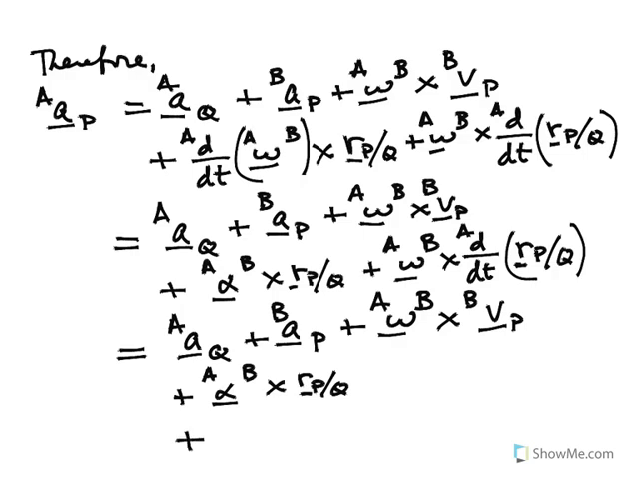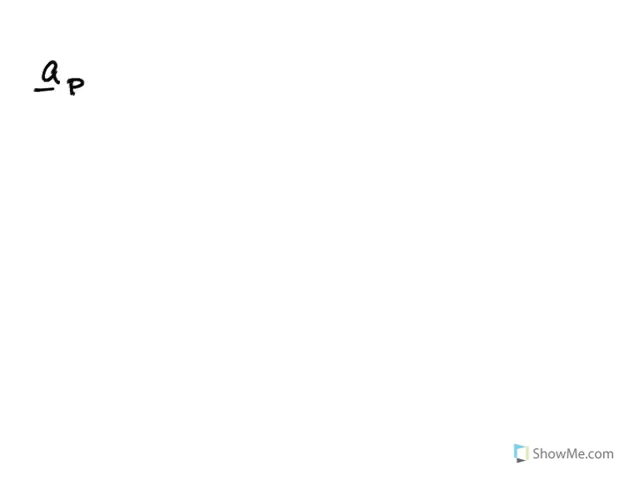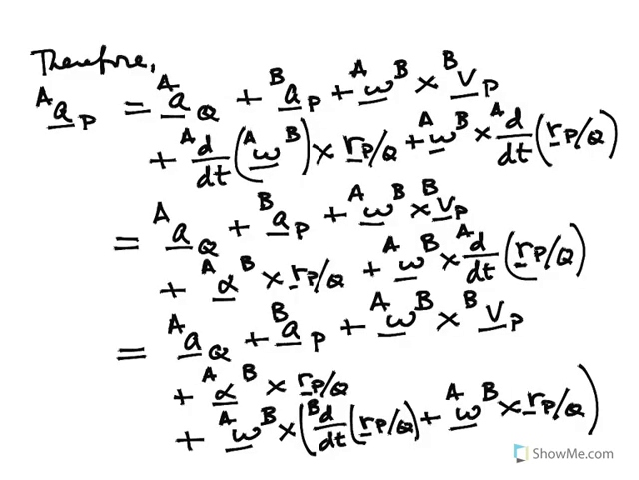So if I do this last term on its own line, I get the angular velocity of B in A crossed with, now if I apply the transport theorem to RP relative to Q, I get d/dt in B of RP relative to Q plus the angular velocity of B in A crossed with RP relative to Q. So if I simplify that even further, I get the acceleration of point P in A is equal to the acceleration of point Q in A plus the acceleration of point P in B, and then I have plus omega BA crossed with the velocity of point P in B, which is that term, plus the angular acceleration of B in A crossed with RP relative to Q, and then I have plus